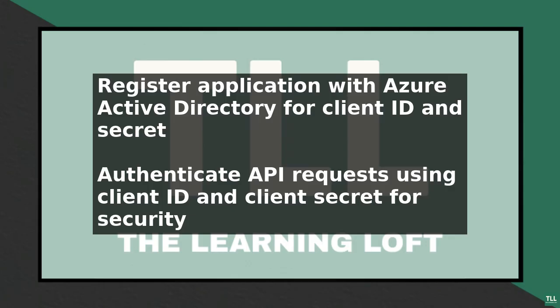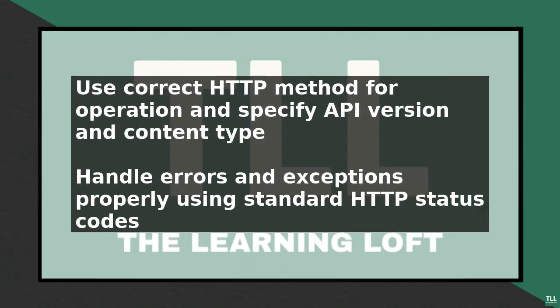To get started with the Azure Synapse REST API, you need to register your application with Azure Active Directory and grant the necessary permissions. This will provide you with a client ID and client secret that you can use to authenticate your API requests. When constructing your API requests, you should use the correct HTTP method for the operation you